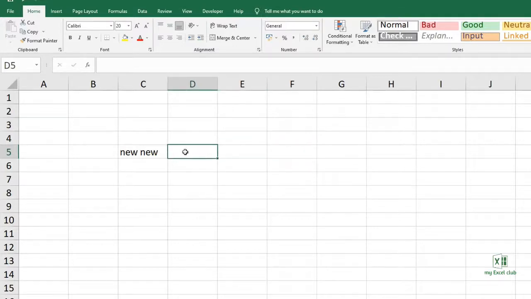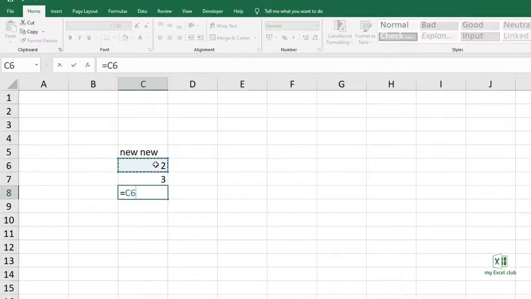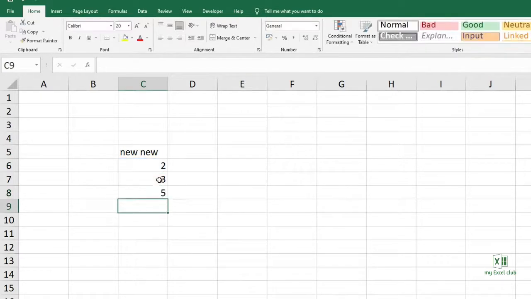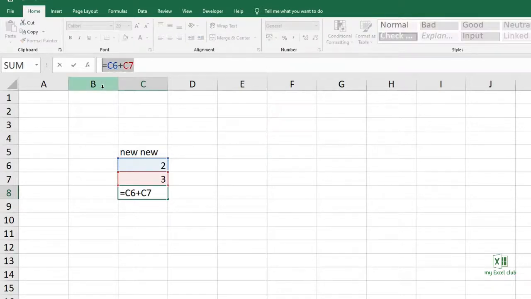Now if instead of text you have a formula, for example, I have these two numbers 2 and 3, and here I will write equal to 2 plus 3, press enter. Now in these cells you can see the numbers 2 and 3 in the formula bar, but in this cell you can see the formula which I had written to sum up these two numbers. When you look at the cell, you will see 5, but when you look up into the formula bar, you will see the actual formula for this cell.